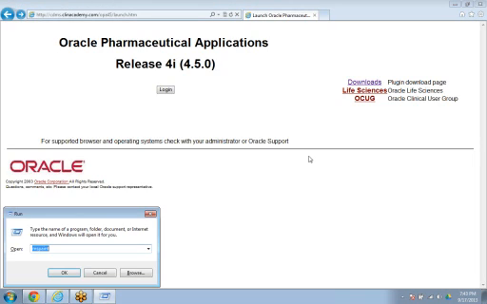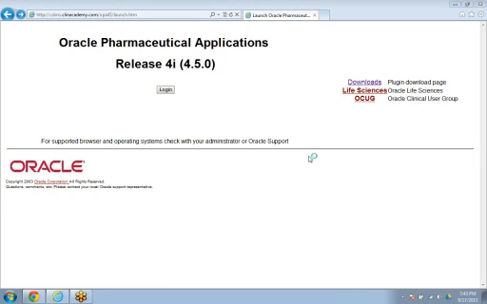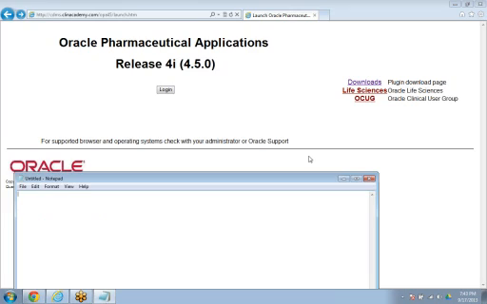So I'll just list down some of these applications which are a part of the Oracle Pharmaceutical Applications Suite. The first application is, of course, Oracle Clinical, and this is a clinical data management system. The second application, which is a part of the Oracle Pharmaceutical Applications Suite, is the Oracle AERS, which also stands for